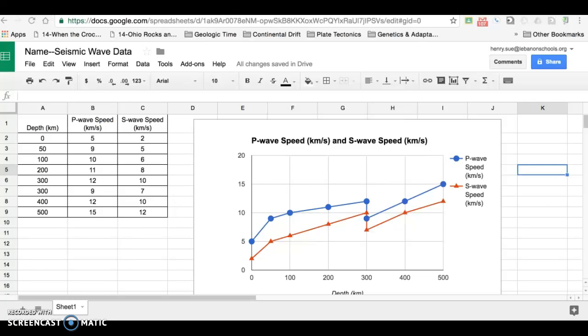Okay, so when I get done with my graph, I have my data there, I'm going to go ahead and print my